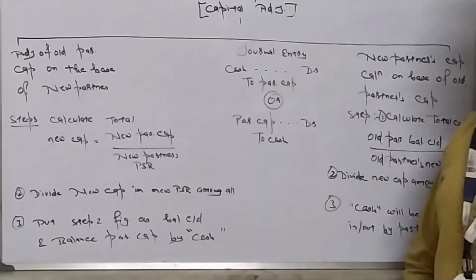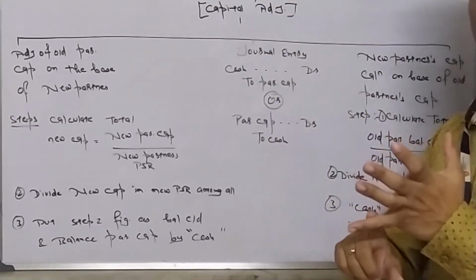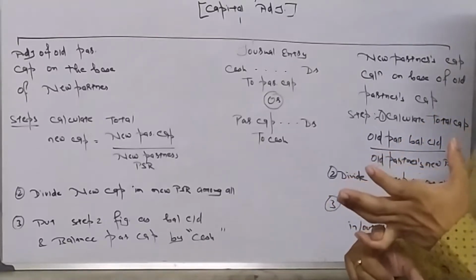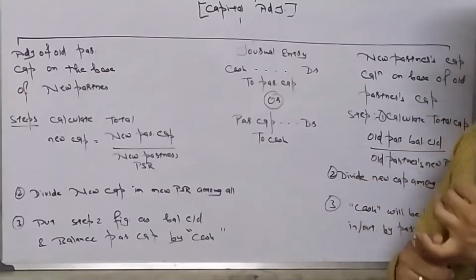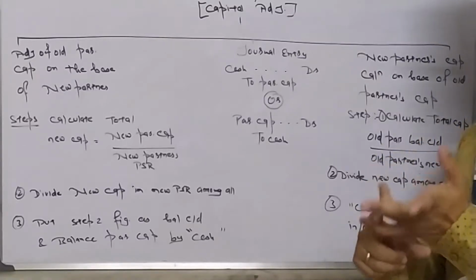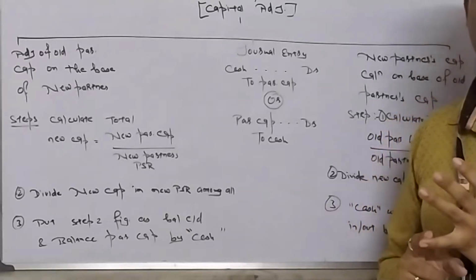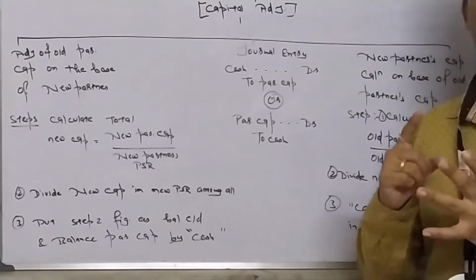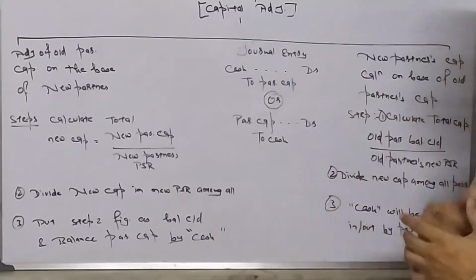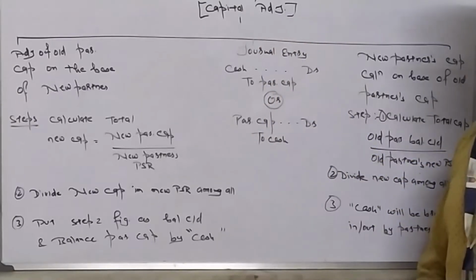We are doing the last part of admission, that is capital adjustment. We have learned PSR, gain ratio, sacrificing ratio. We have learned how to deal with the goodwill which has been brought in by the incoming partner, the premium for goodwill and also the old goodwill. Then we have learned how to deal with the revaluation of asset and liability. Then we have learned how to deal with reserves and PL which are in old balance sheet. Now the last part of adjustment: how to adjust the capital?